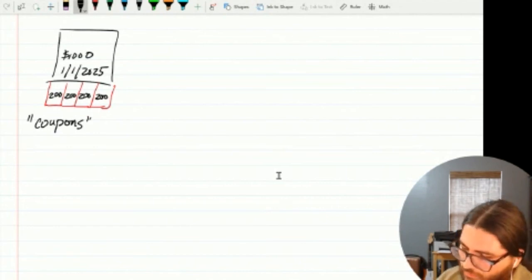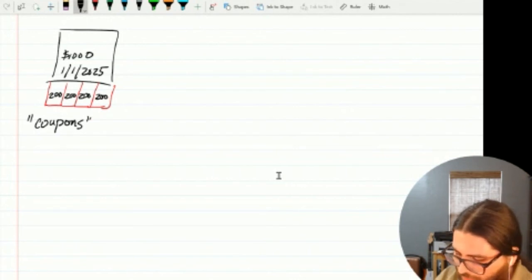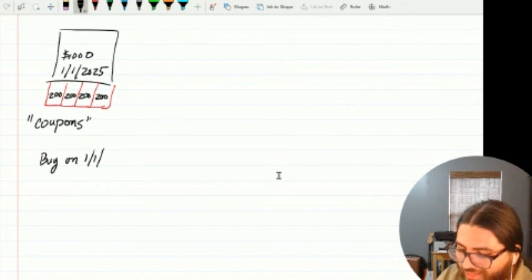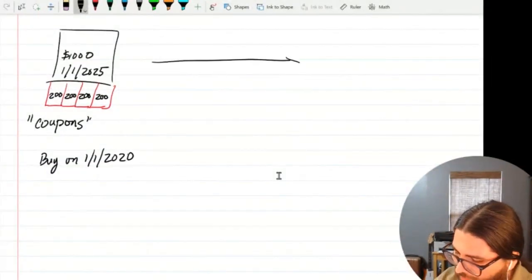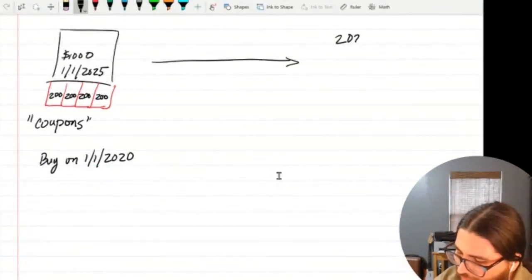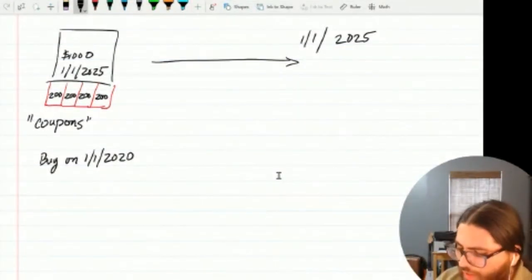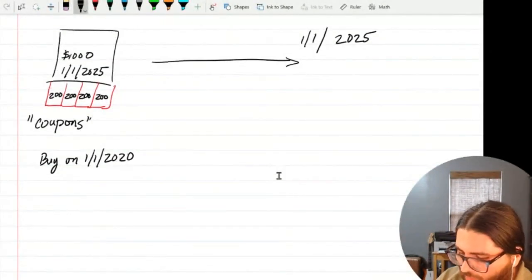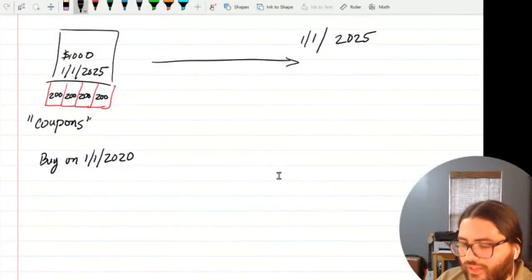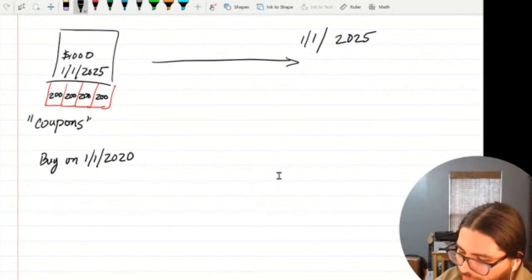And I say, well, okay, what if I buy this bond today? Or let's let today be the beginning of the year. And I have to wait till 2025. But notice how if I wait until 2025, not only am I going to cash back in that $1,000,